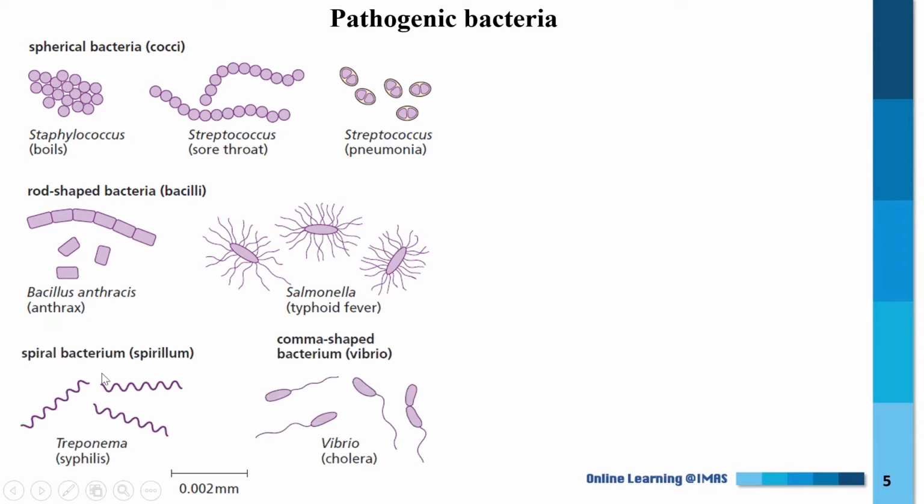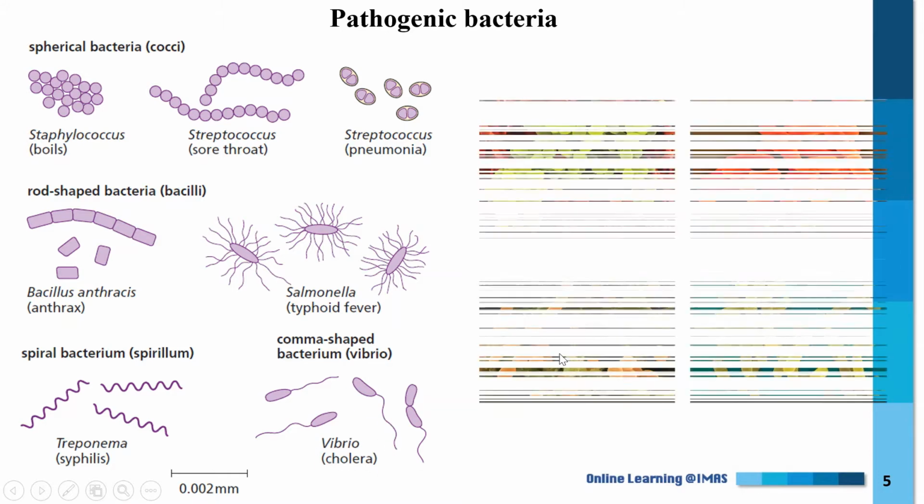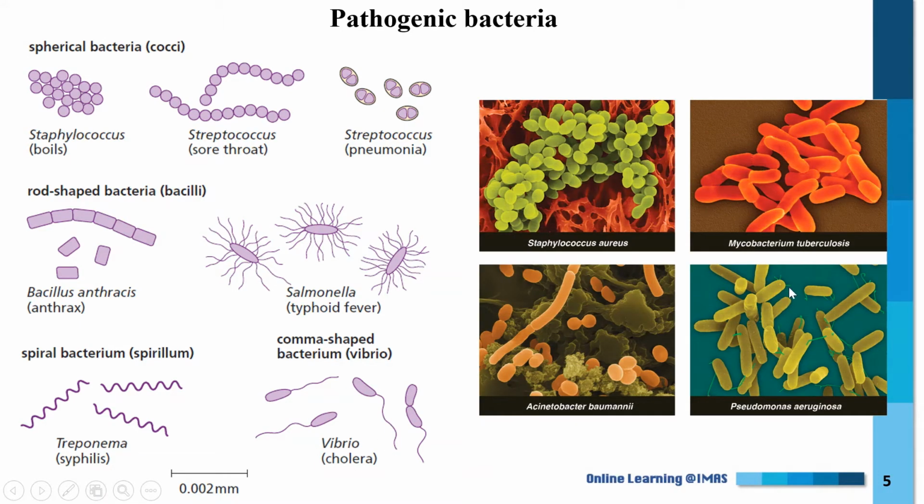Then you have other types, like spiral shape, like here treponema, which causes syphilis. This is actually a sexually transmitted disease. We are going to see it again in chapter 16. Then you have here comma-shaped bacterium or vibrio. For example, Vibrio cholerae. If you do remember, Vibrio cholerae actually causes cholera. And these are some nice pictures taken of this